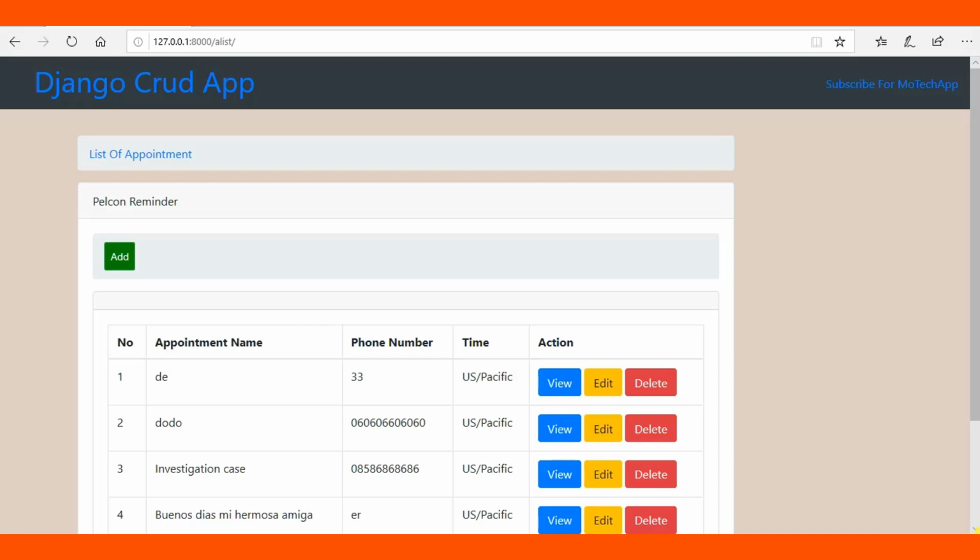In part number 3 of this video, we'll deal with inserting data into the database, which is create. Part number 4 will be viewing or reading data from the database. Part number 5 will be editing or updating data in the database, and part number 6 will be deleting